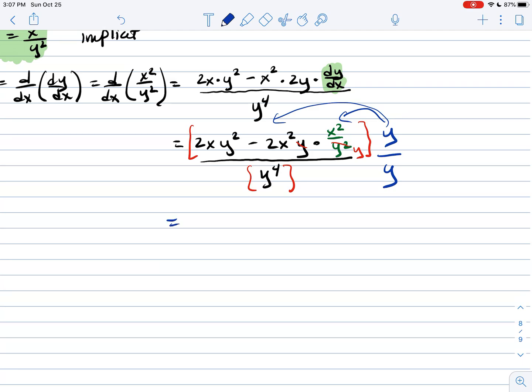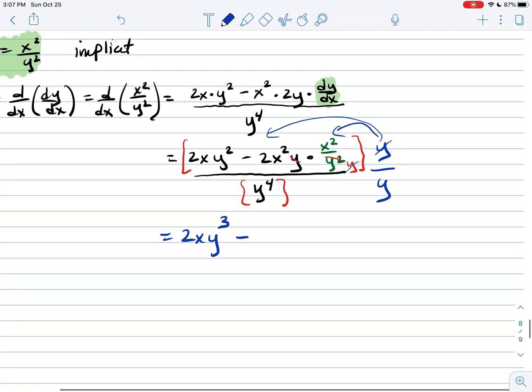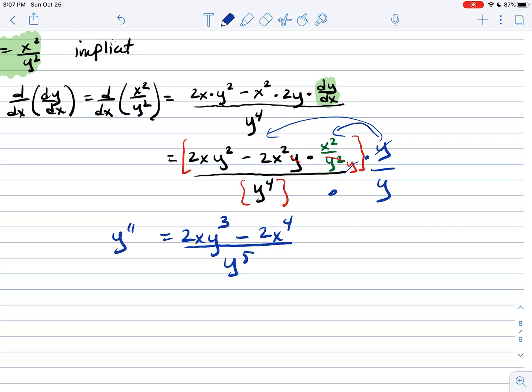And now I'm going to distribute here and there. So I end up with 2x y squared times y is 2xy cubed, and then minus, and then this y cancels with this y, and so I just end up with x squared times x squared, which is x to the fourth, over y to the fifth. That's just multiplying my two terms. So this is my y double prime. Hopefully that was clear, and I will